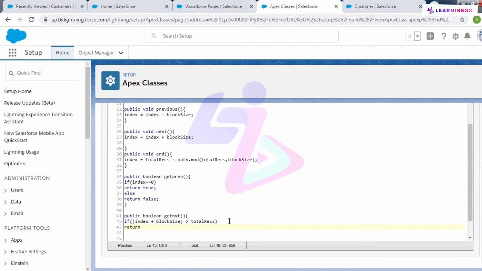The Boolean value will be true, and otherwise, else it will return a false value.